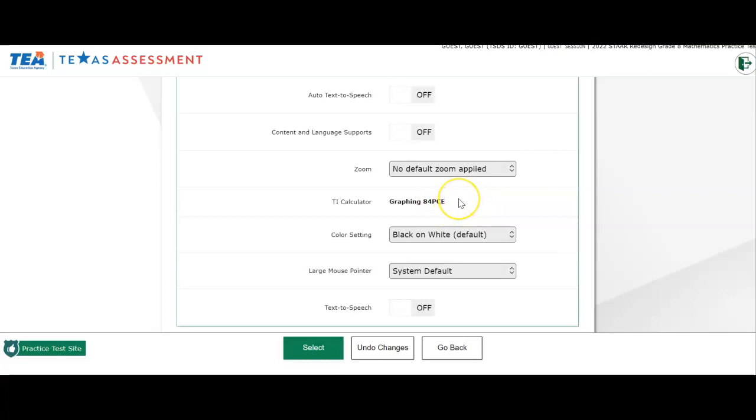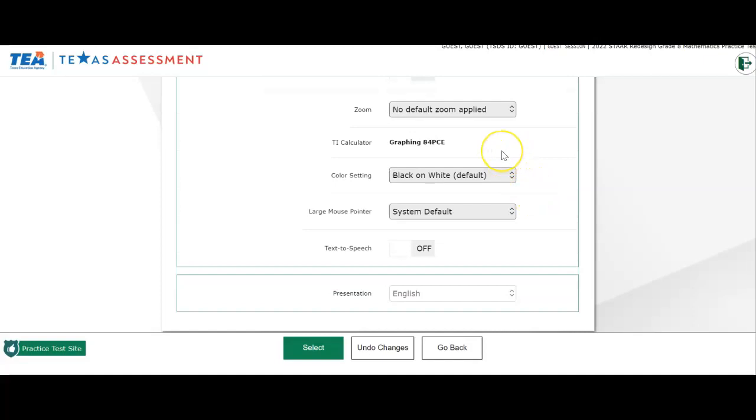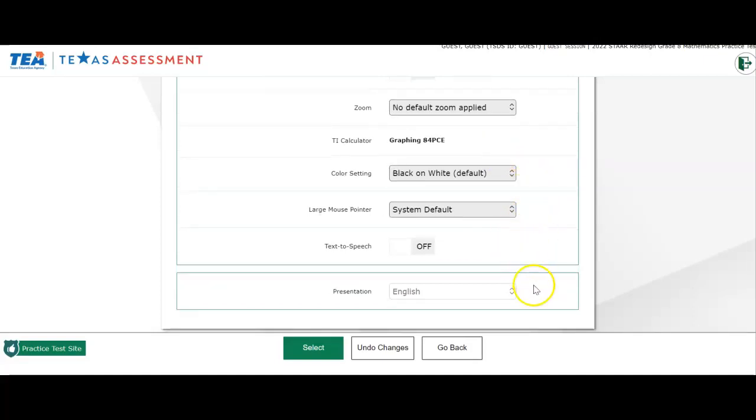So I will tell you that the sites will have limited handheld ones. You are allowed to bring your own to the testing site. They will have to clear out the memory, which is not a big deal. But there is one on the computer. So if you practice and get comfortable with it, I would just use that one. But if you like the other one, that's fine. Bring it. All right. So you've got these settings, and once you're ready, then you just go ahead and click select,